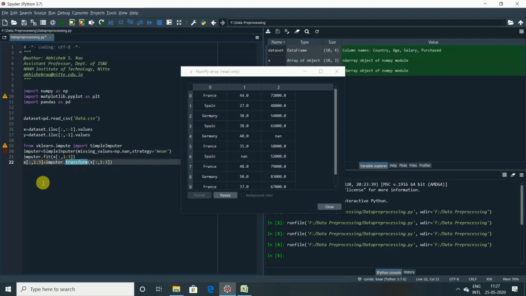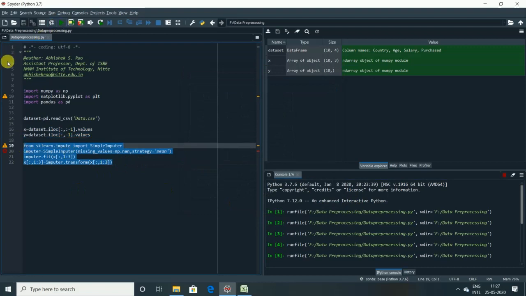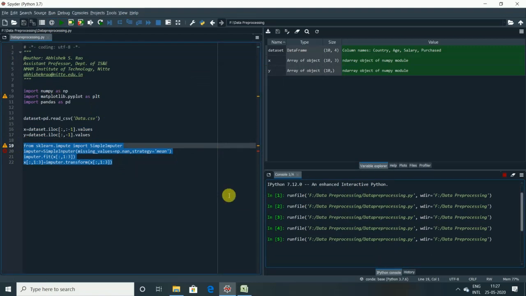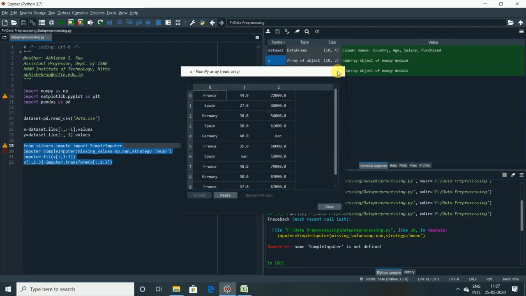Now we will execute this. Now let us see whether it has done the procedure or not. I will execute this. Now let's see whether it has executed or not.